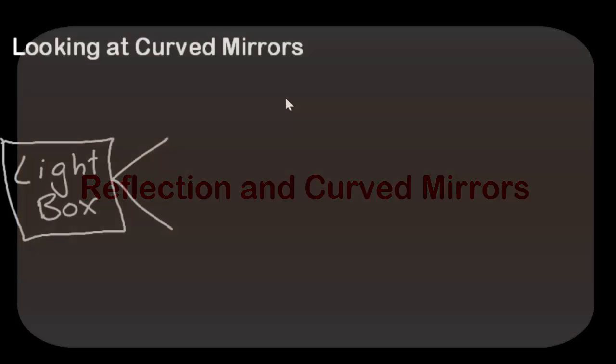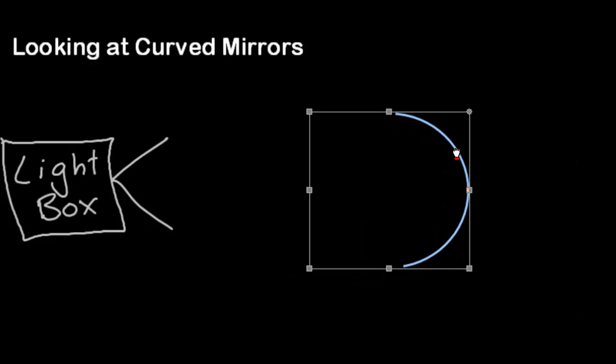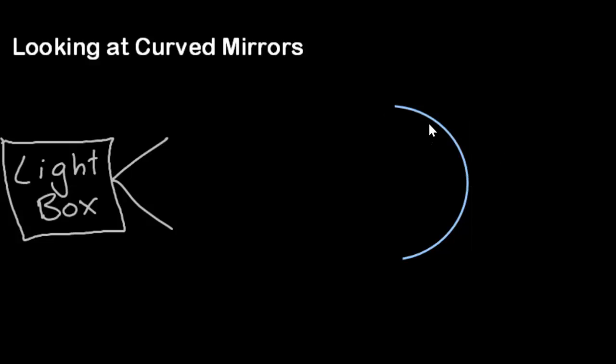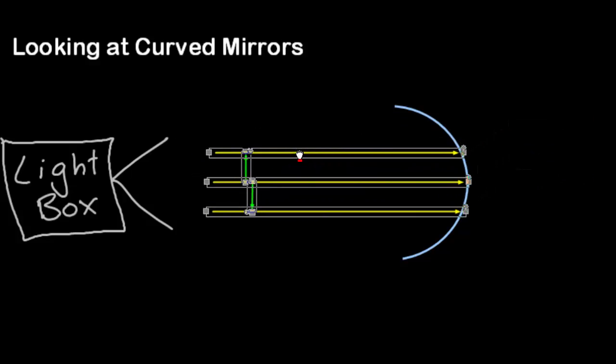Curved mirrors, and we're going to start by looking at the concave mirror. We know it's a concave mirror because it resembles what a cave would look like. Now, for this demonstration, the way that you would view this if you were using your light boxes in the classroom would be using